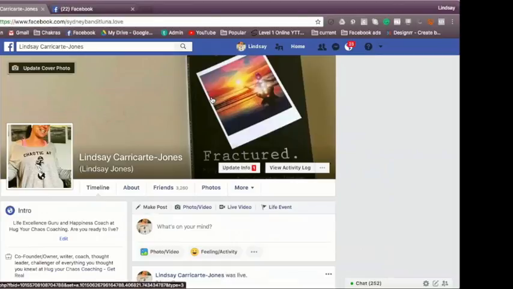Because when you put a badly sized photo on there, it looks awful. This is what's known as your profile picture. So no matter if you have a personal profile or business page, you're going to have a banner photo and a profile photo. So that's first and foremost.